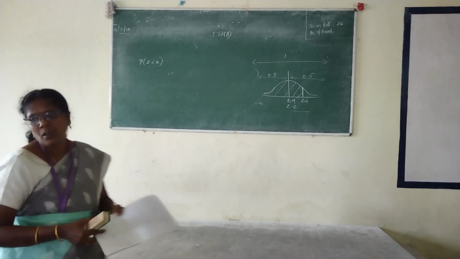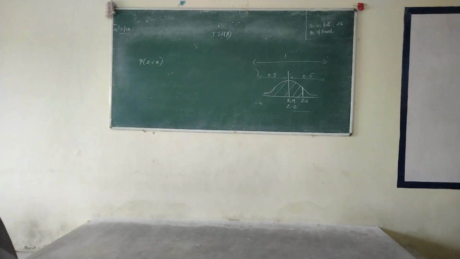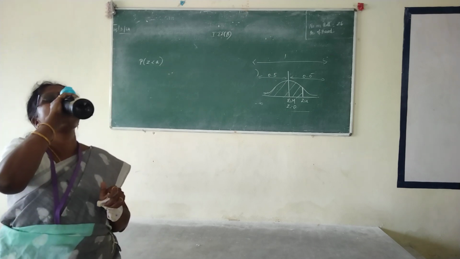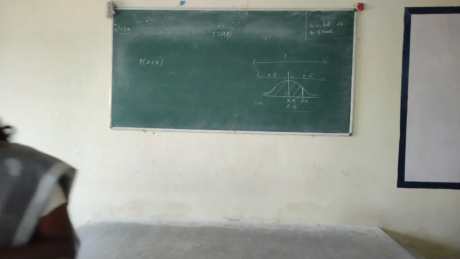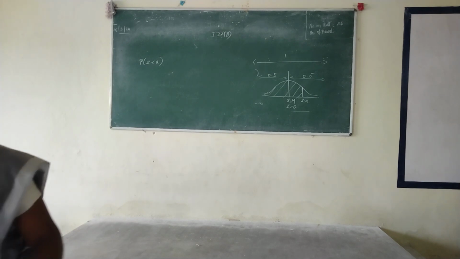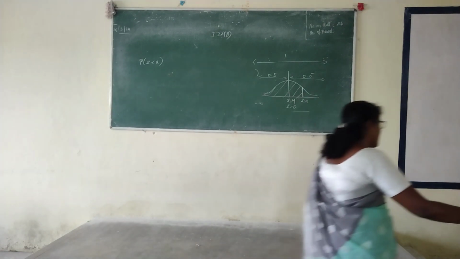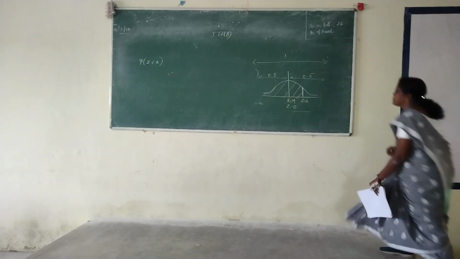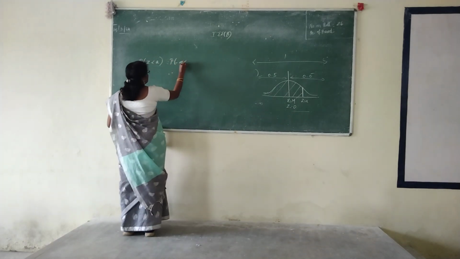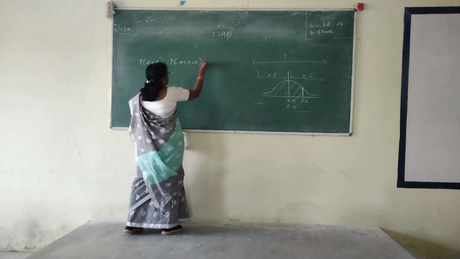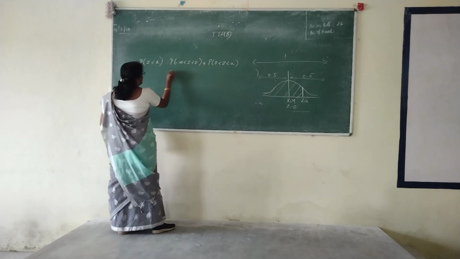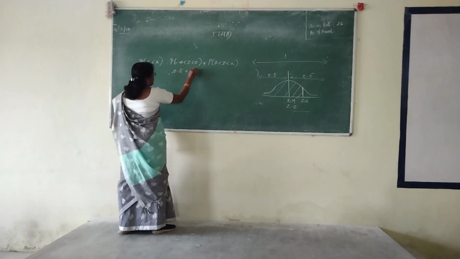0.5. Why? Left hand side, what is the area value? 0.5. Direct answer, so no need to look into the table at all. Yes or no? Yes. So how will you rewrite this, probability of Z less than A, as probability of minus infinity less than Z less than 0 plus probability of 0 less than Z less than A, which is equal to 0.5 plus